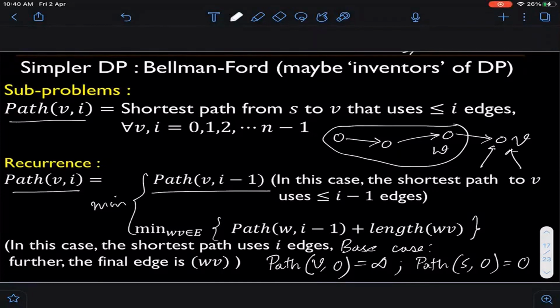It does not affect the recurrences or anything, but for those of you who might be uncomfortable wondering why I can't just make path S comma I to be 0 for everyone, the answer is you can do that, except that when we adapt this algorithm to also detect negative cycles, there you have to be a little careful. So just in order to make a clean representation of all those cases, I'm just saying path S comma 0 equal to 0. And I will update path S comma 0 as I go over the algorithm.